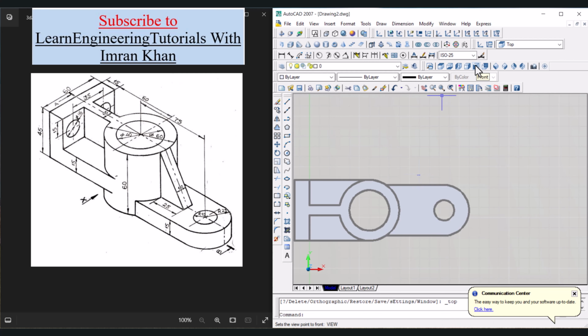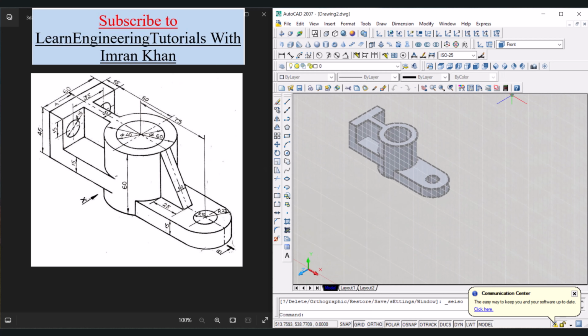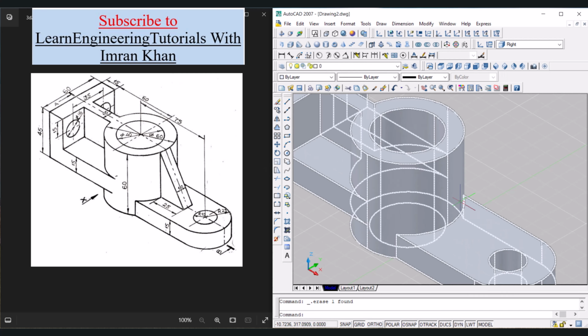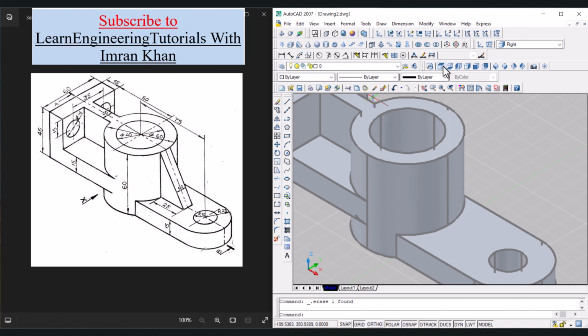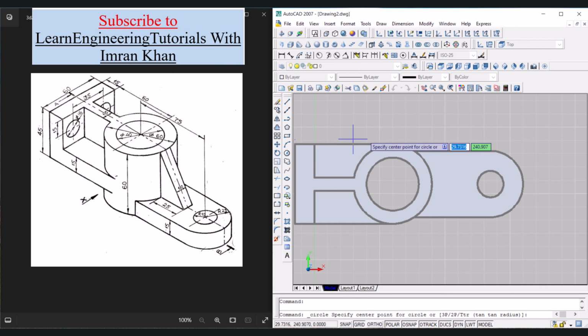And now in the front view we will try to draw this triangle. So for that click on this isometric view, zoom in. Now let us go to top view. Again we will try to draw a circle. Click on this circle, click on the center point and